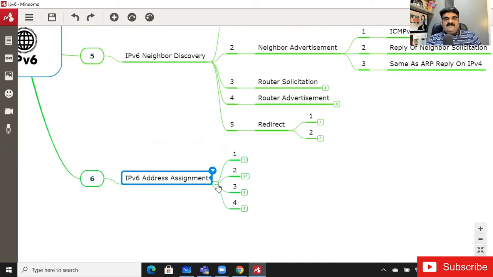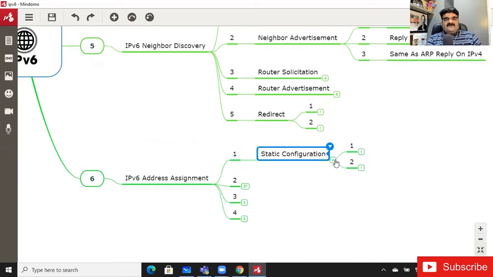If you want to understand this, you have to understand 4 points. We have a total of 4 points to understand IP version 6 address assignment. The first point is static configuration. Static configuration is really very easy. We can assign an IP address directly to the routers, like a manual configuration. But the problem with static configuration, specifically in IP version 6, is that it is a lengthy address. We use it less because IP version 6 is a 128-bit address. But let me configure this. First of all, we are going to configure IP version 6 static configuration.